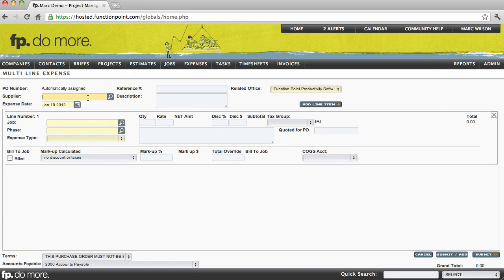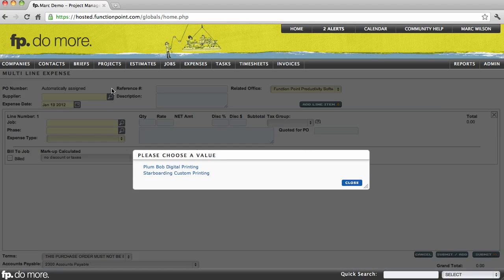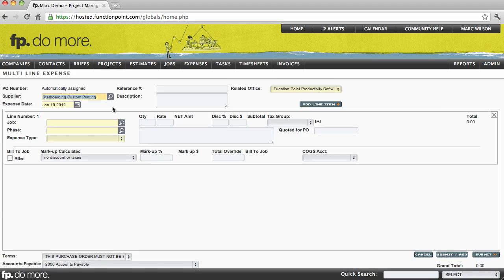We'll start by selecting our supplier. Notice the magnifying glass lets us know it's an intelligent field. We can enter a short form to narrow down our search. We'll select our job, select our phase,